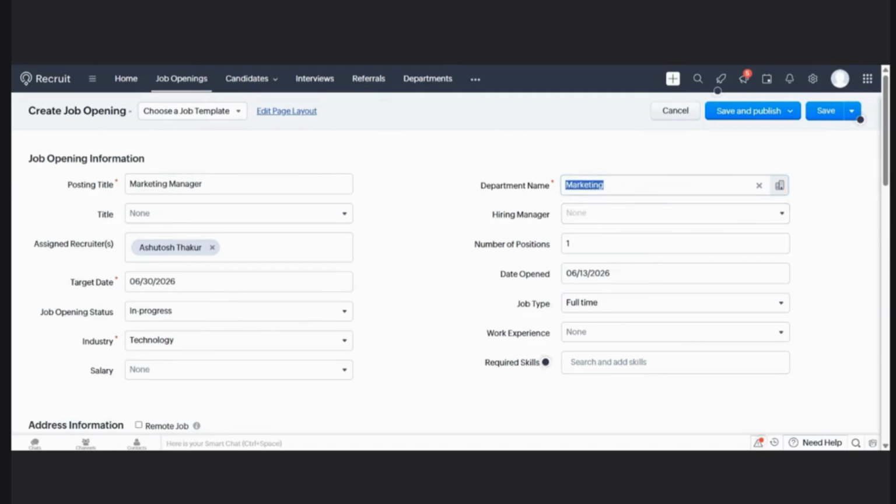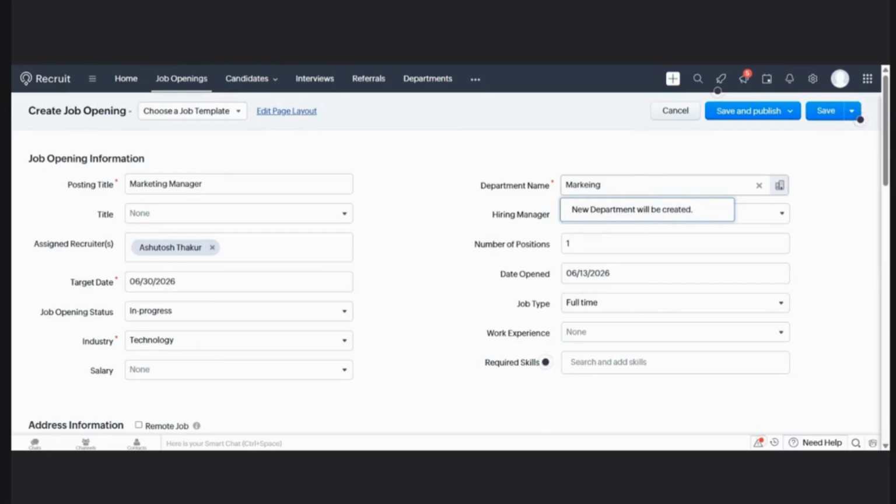Now here, if the department, for example, there's no department that has been mentioned, right? So for example, if I just write this, it is giving me a choice that it's a new department that will be created with this name, right? So if it's a very new department, then eventually you can create a department name directly from here, and it